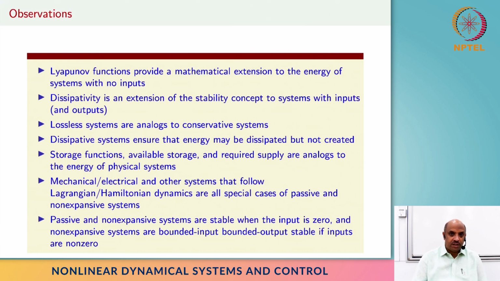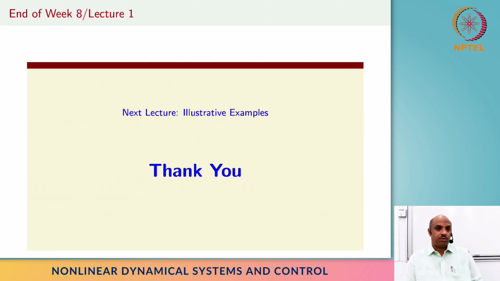So many a time we have this very general concept of quadratic supply rate or supply rate in general, but we end up using more of the concepts of passivity and non-expansivity. But we will see examples where this concept of general supply rate, especially quadratic supply rates, becomes very powerful in solving some special problems. Hopefully we'll get to see some of those details, but in general, all the stuff that we have done in terms of robust control and sector nonlinearity become a simple special case of dissipative systems. So with that, we will move on to feedback interconnections, but before that, perhaps we will